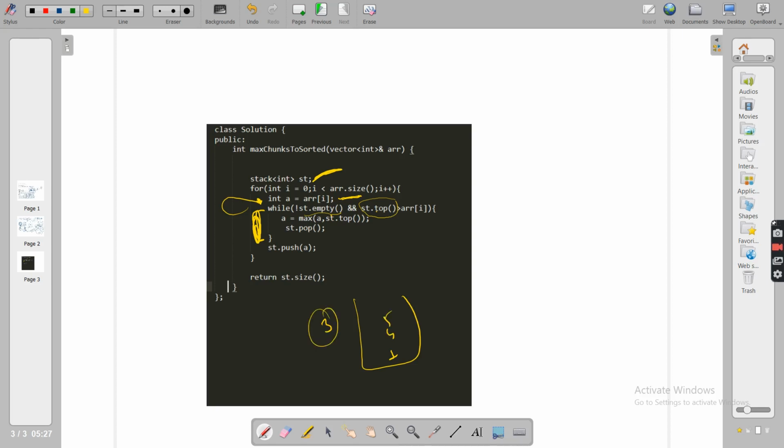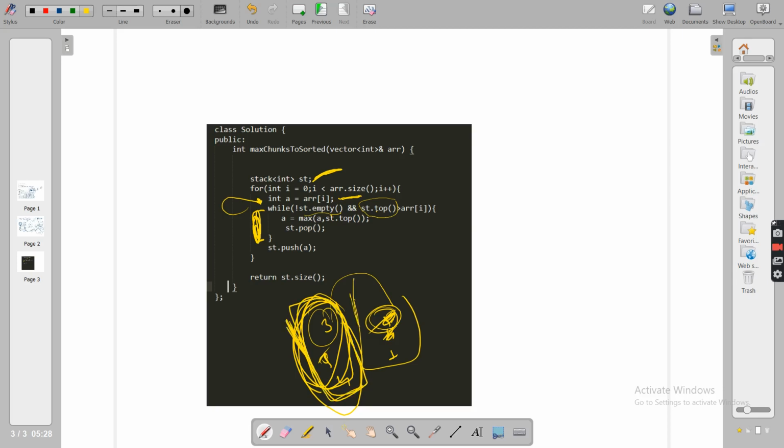So when 3 came, it will see with this 5 that 5 is greater than 3. Oh, okay, so you cannot be in a separate chunk. So 3 and 5 will try to be in one chunk, because 3 will say to 5 that you have to be with me. But listen guys, once this 3's hunger is satisfied, which is after removing 4, then you have to put back in this stack, because this formed a chunk. So you have to put the maximum value of this chunk.